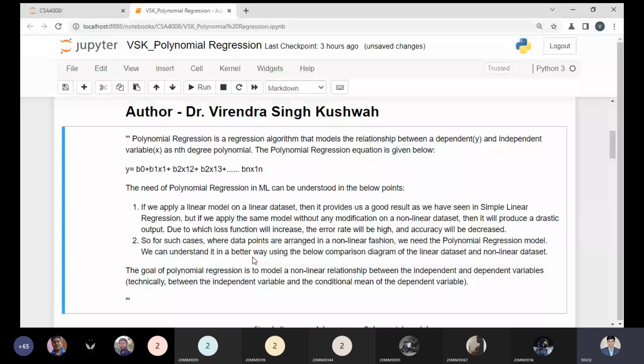So what is the goal of the polynomial regression? It is to model in a non-linear way. So we will provide the relationship of all the data points in a non-linear form. That is the important term we have to understand. So this is the basic one. Now is it clear to all right now? The theory point is clear. What are the advantages we are looking for in polynomial regression? Is it clear to all?